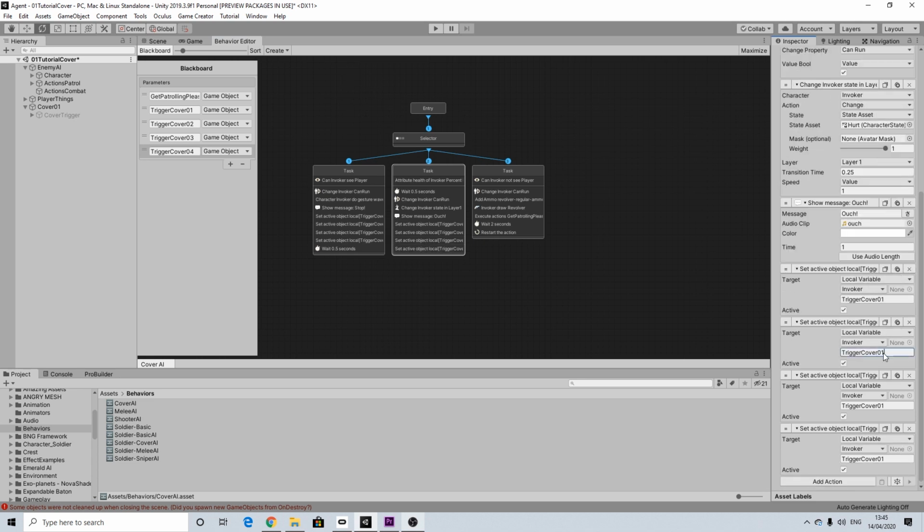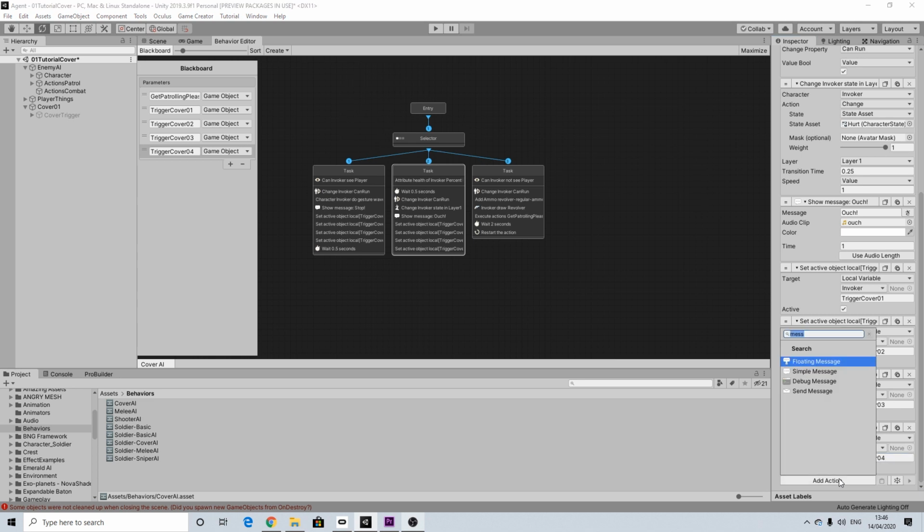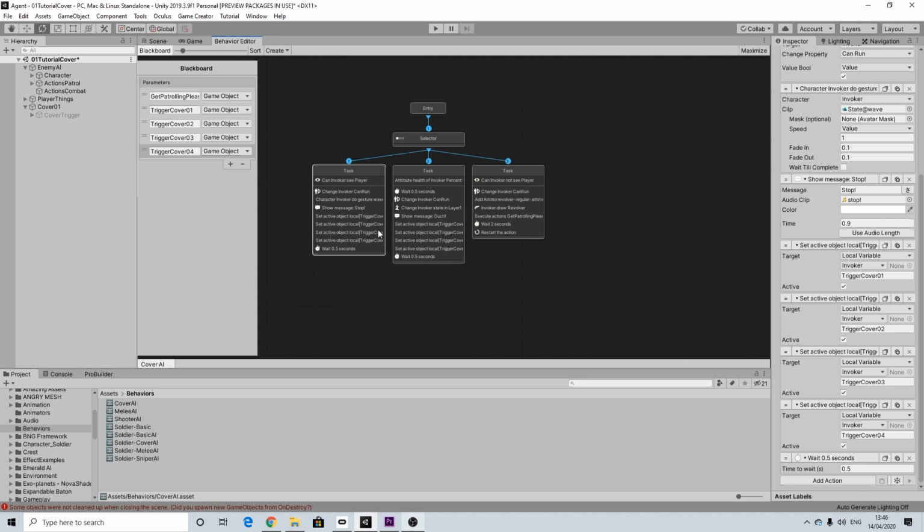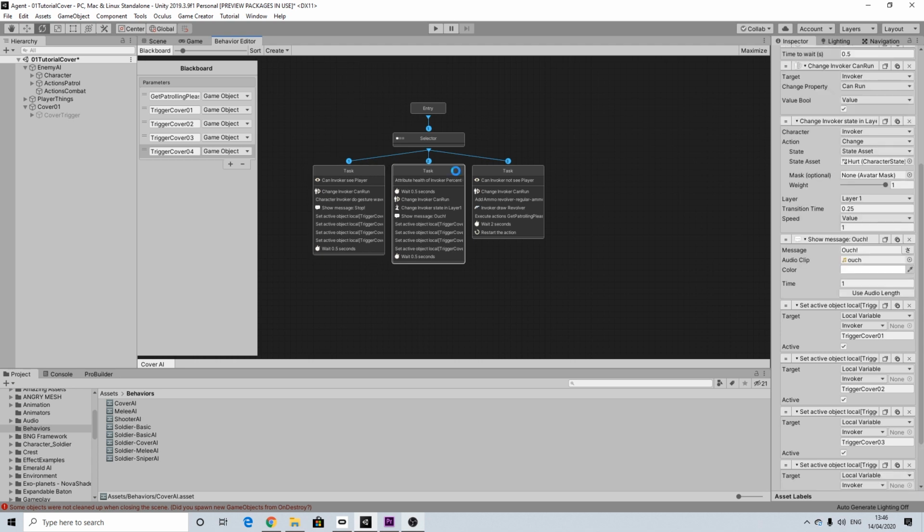Okay, duplicated them all. So this is going to be 1, 2, 3, and 4. Perfect. And then let's add the wait. I'm not even sure if the wait will even trigger because we called him to stop, but I just got into the habit of doing this, I guess. And that's it. That's our entire behavior tree. So we're not actually calling any other actions here, simply because those will be stopped the moment those triggers are active. So let's save this